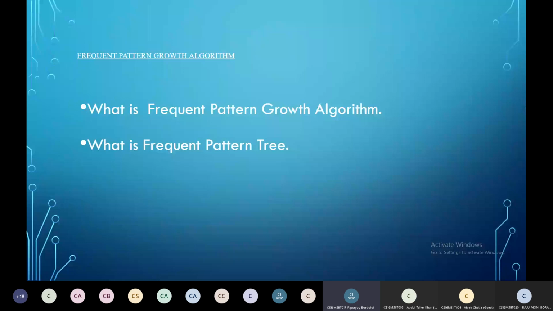Frequent pattern growth algorithm represents the database in the form of a tree called frequent pattern tree or FP tree. This tree structure will maintain the association between the item sets. The database is fragmented using one frequent item. This fragmented part is called a frequent pattern tree or FP tree.